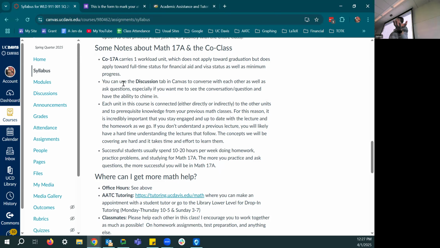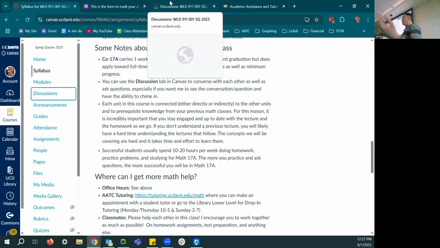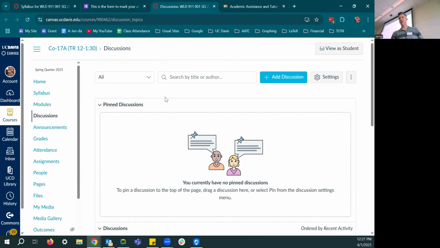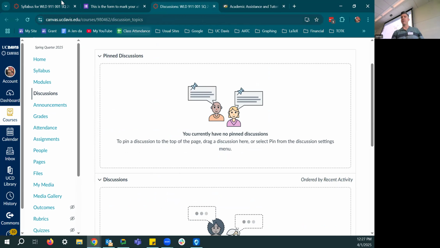And the added benefit there is that it's really easy to type in nice mathy kind of symbols there because you can use LaTeX. So if you asked a question in the discussion tab right over here, I could respond or your classmates could respond and would happily help you out. There's nothing there now, but maybe I'll write something there later.